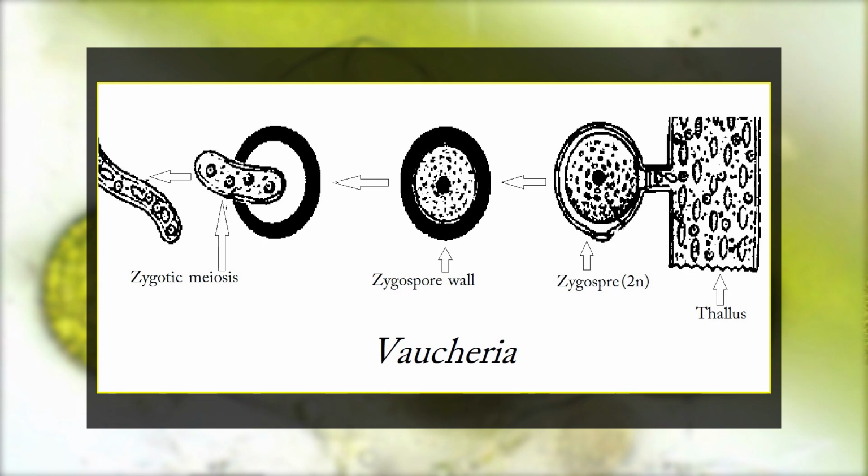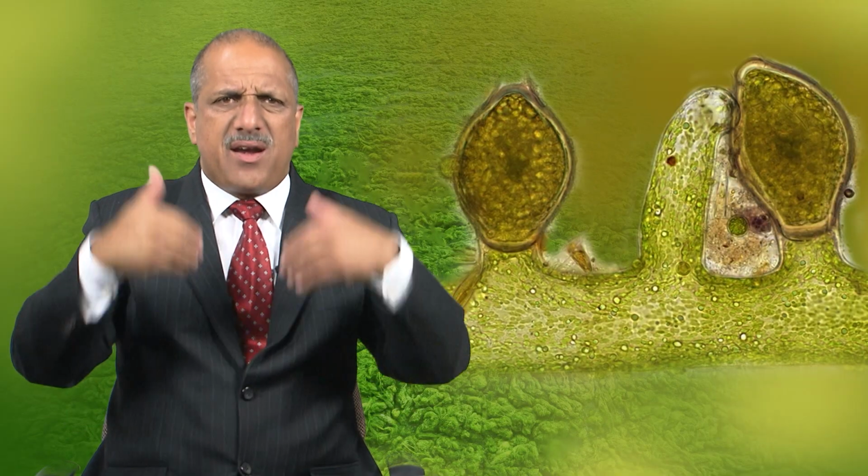First of all, before the germination starts, its thick cell wall having many layers starts degrading and loosening. Then the diploid nucleus divides by zygotic meiosis to form 4 haploid nuclei. It is followed by repeated endomitotic divisions, which results in the formation of